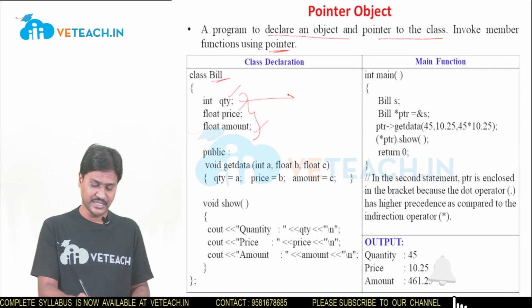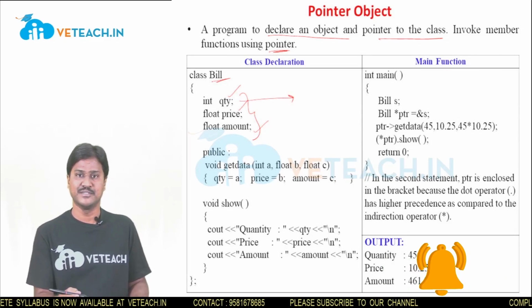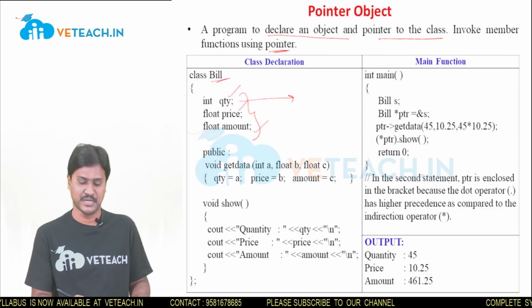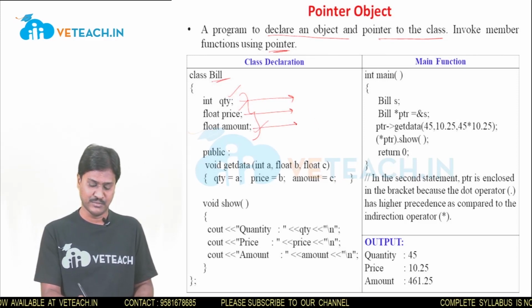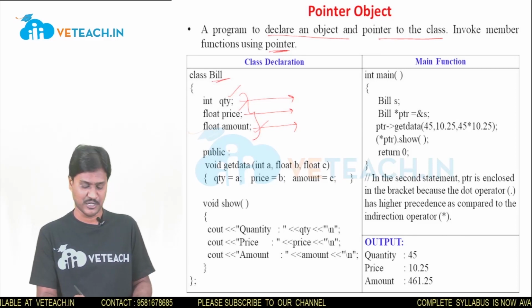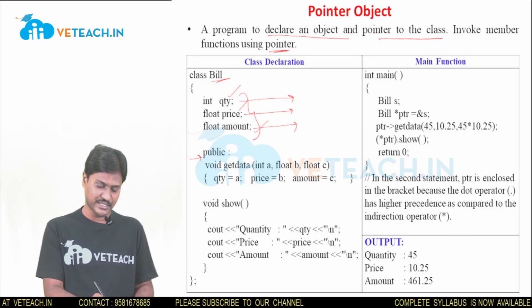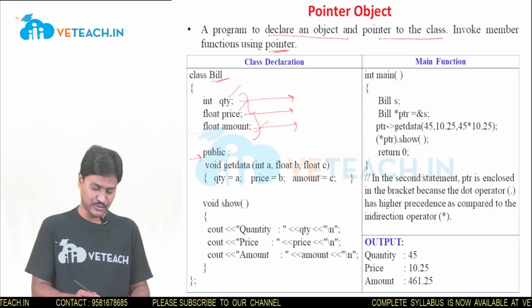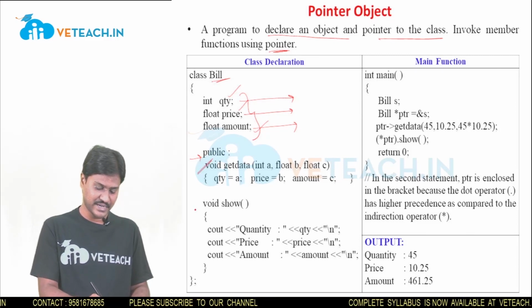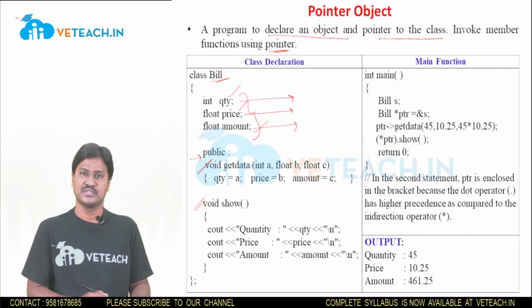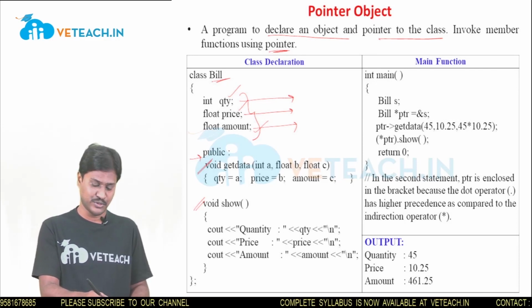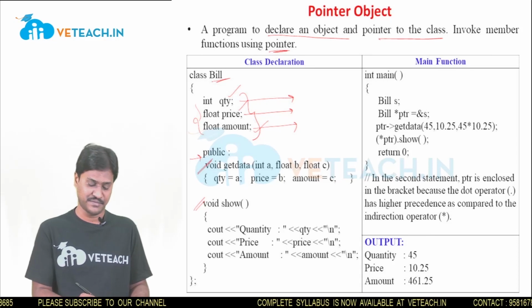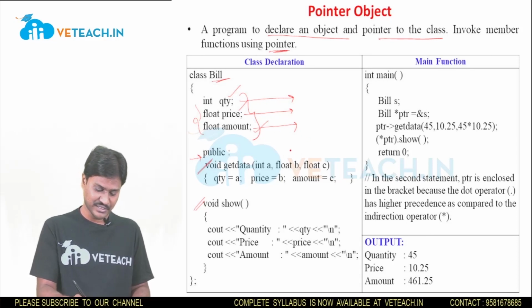The quantity indicates how many items we are going to pay for in a bill, the price of each one, and the total amount we are paying. So consider this scenario. In the public section of this bill class, I have two functions, get data and show data. The get data function collects the information about these data members defined inside the class,